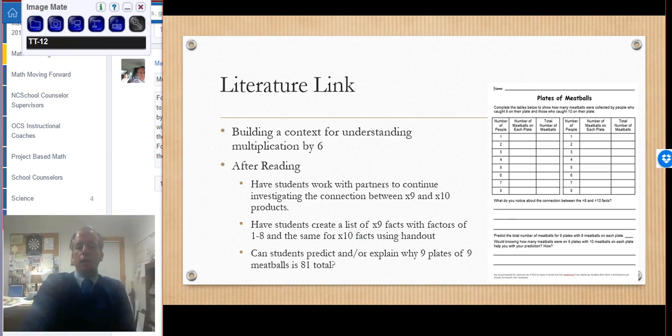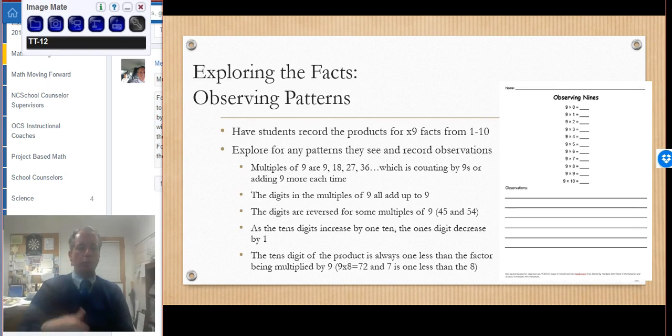Can they predict or explain why 9 plates of 9 meatballs is 81? Do they get that 9 plates of 10 meatballs would be 90? And so this is going to be 9 less. That's where we obviously want kids to get to, but we know we're going to have to give them multiple